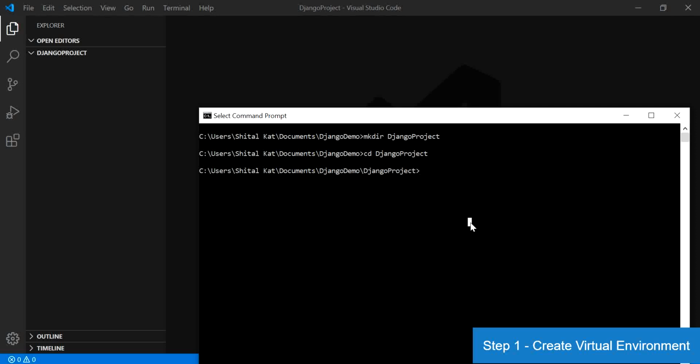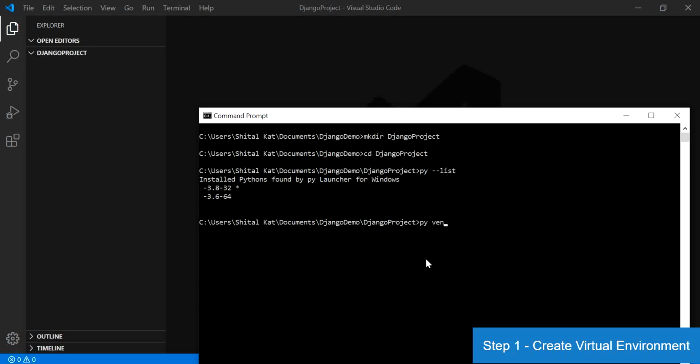outside environment. So when you install a specific version of a library, it won't collide with a different version of the same library outside the environment. Also, when you have more than one Python version installed, just like me, it would be very confusing for Django which version to use. For me, default is 3.8 since there is an asterisk here. When you create a virtual environment, it will use the default Python version.